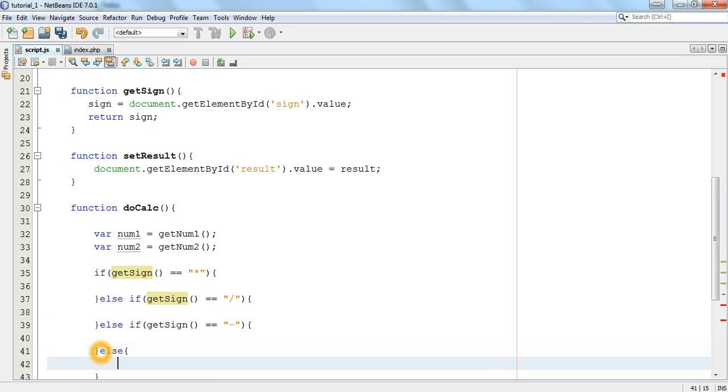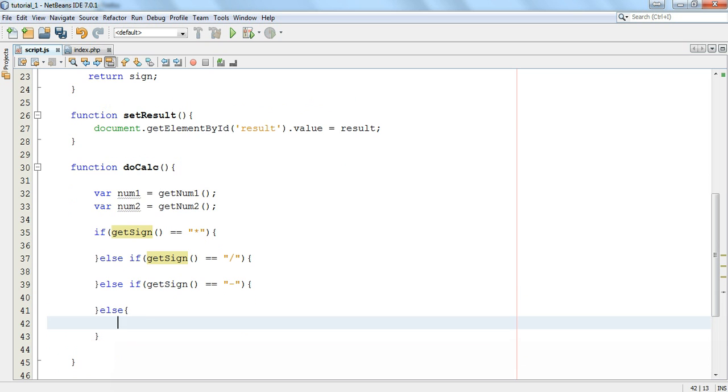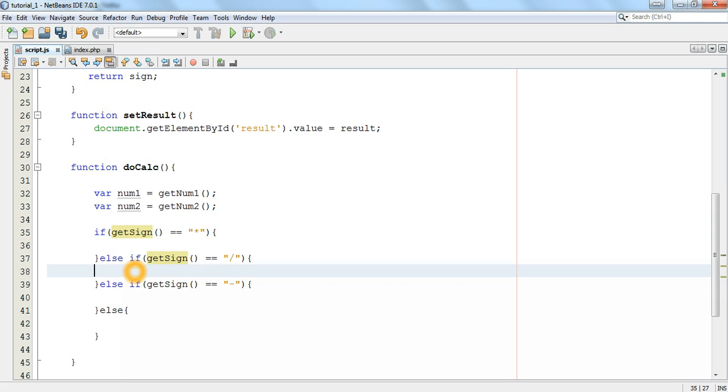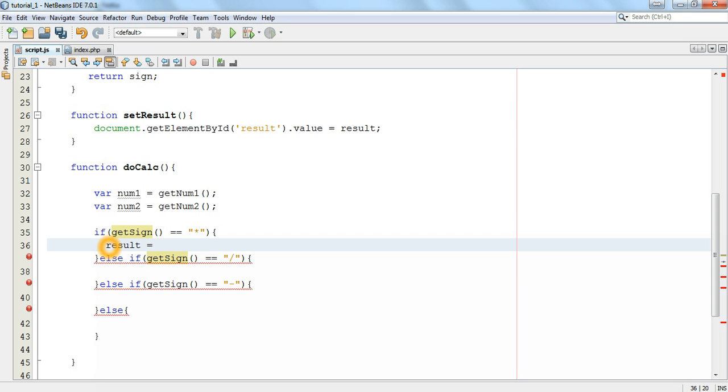Else, it's going to be basically plus, because we've got times. It's going to start off, is it times? Nope. Else if, is it this? Nope. Else if, is it this? Nope. Do this. Okay, so inside here, what we need to do now is say result equals num1